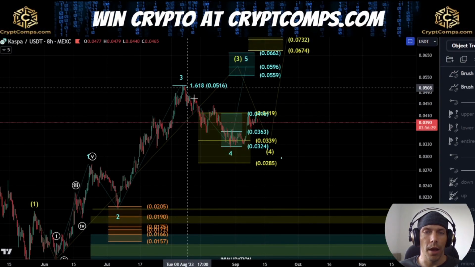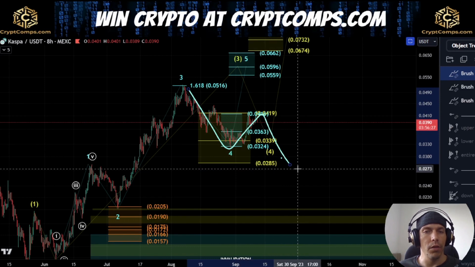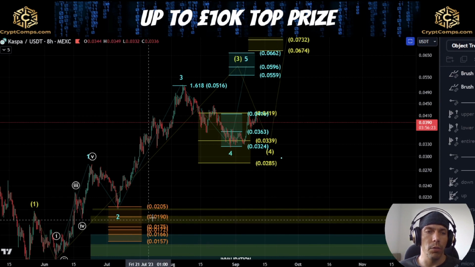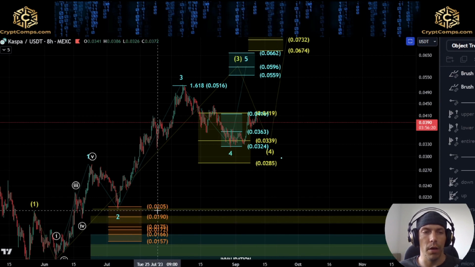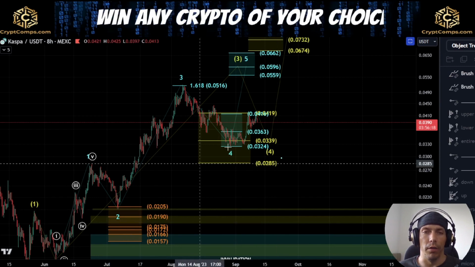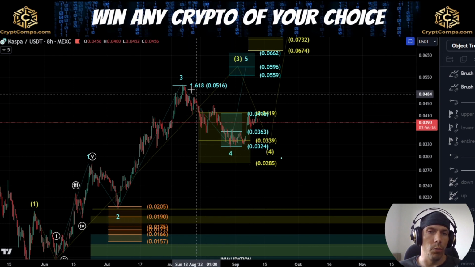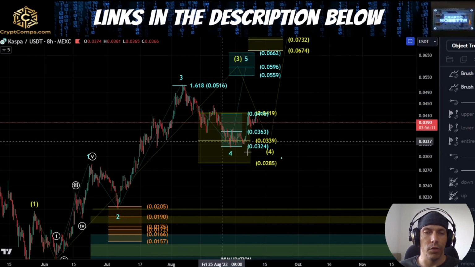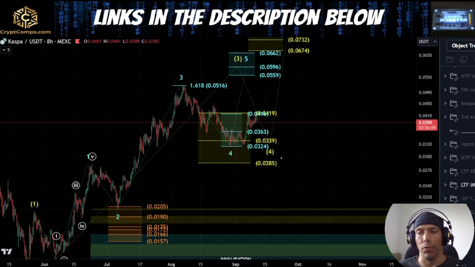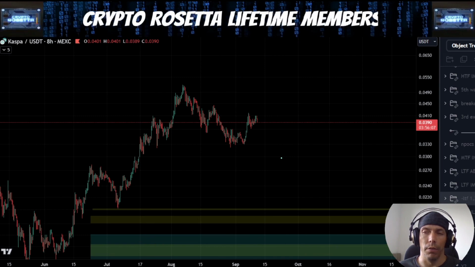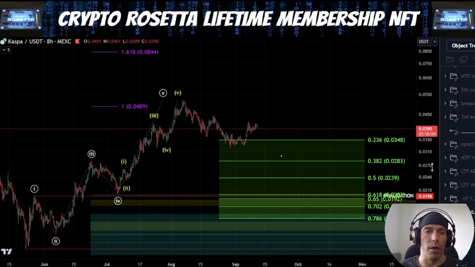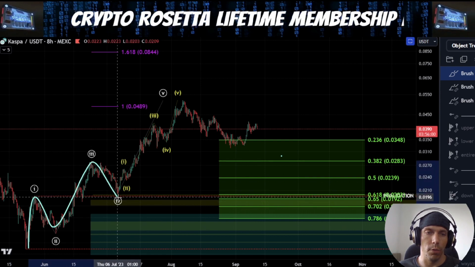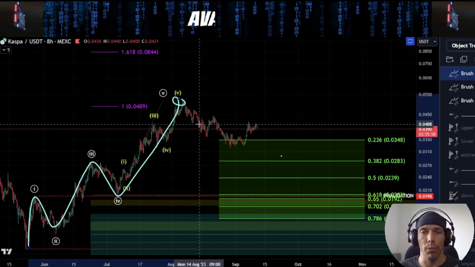If we do see another leg to the downside here, it is possible that it could be within the yellow fourth wave that we have here, as long as we actually remain above this level here of this 0197. Now, the thing is here, I wouldn't want to see this get too big. If we start to see something more along these lines here, it starts to become less likely. And what we would then rather be looking at is the possibility of the fact that this move could actually be already completed. Now, if this is completed, what we would be saying is that this is 1, 2, 3, 4, and we've had our fifth wave already completed here.